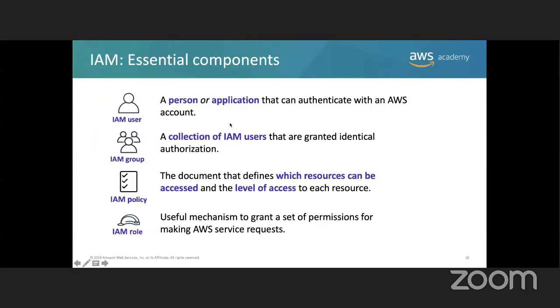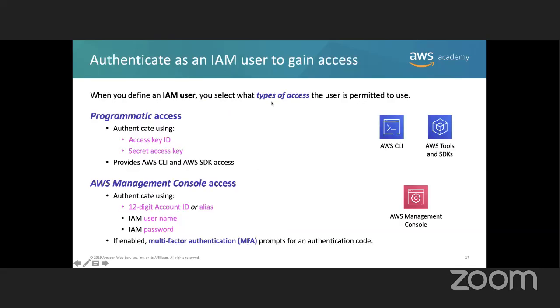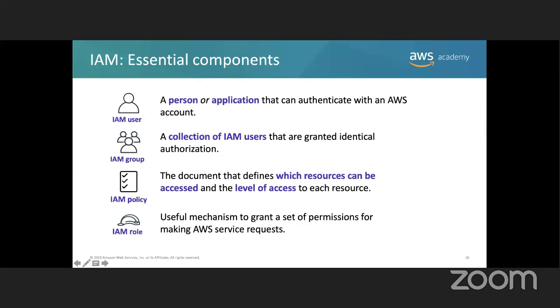Okay, so a person or application that can authenticate with an AWS account. So you can control that. But don't forget, who was the one that asked me about authentication? Mulet, was it you? Yes, it was me. Okay, Mulet, this is authentication inside your account. Nothing to do with the outside. That's IAM for that, right?